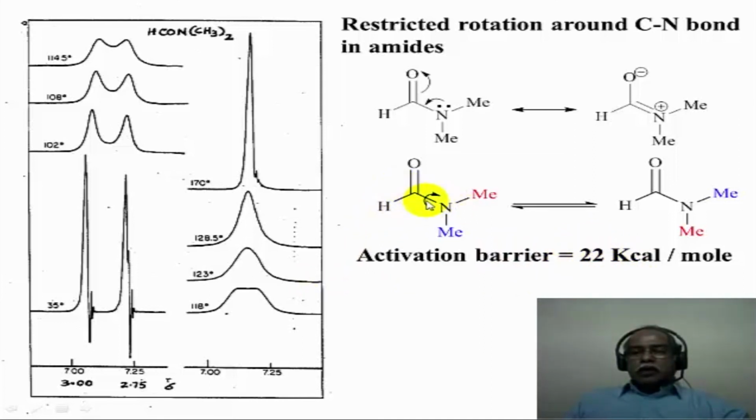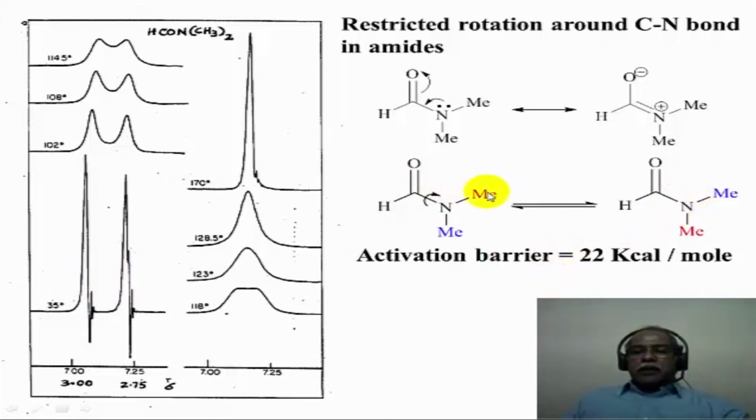So at room temperature, this molecule gives two signals corresponding to the red methyl and the blue methyl. The red methyl is cis to the oxygen, the blue methyl is trans to the oxygen. Chemical shift environment wise, this will be different from this particular methyl group. As a result, under the conditions of room temperature, the molecule will give two signals for the two methyl groups, and you see two signals at room temperature around 35 degrees. One is next to the oxygen, cis to the oxygen, probably this particular signal. The one that is trans to the oxygen is probably this particular signal here.